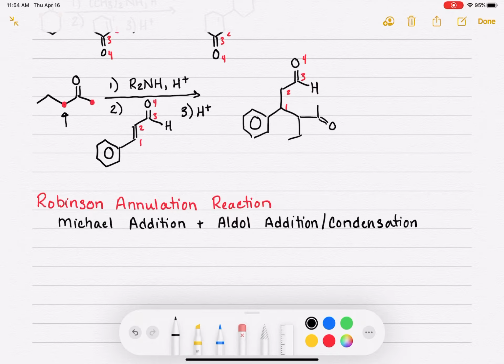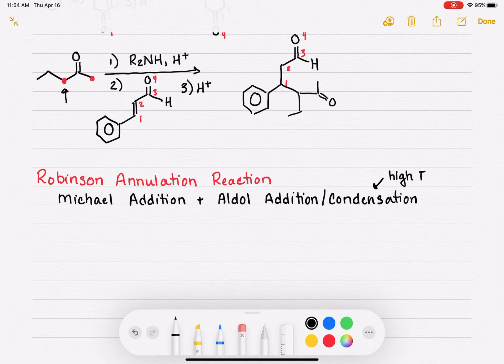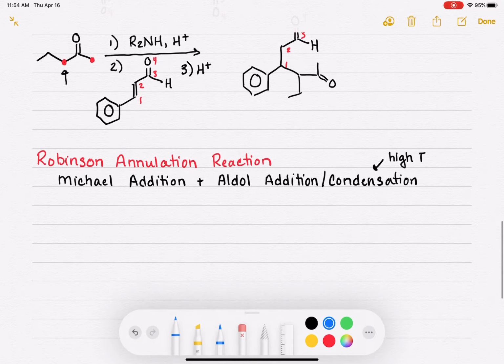Remember, condensation requires us to have a high temperature. If we have a low temperature, it's just aldol addition reaction, no condensation. So here's what the Michael addition reaction looks like. So we're going to have a molecule. Normally it's going to be a dicarbonyl, but